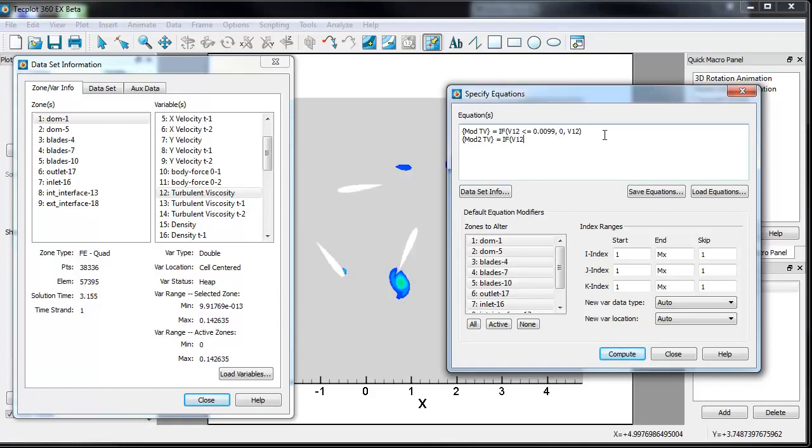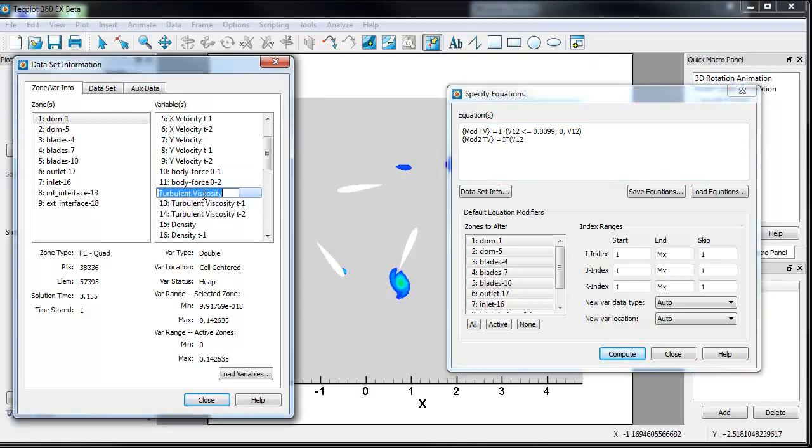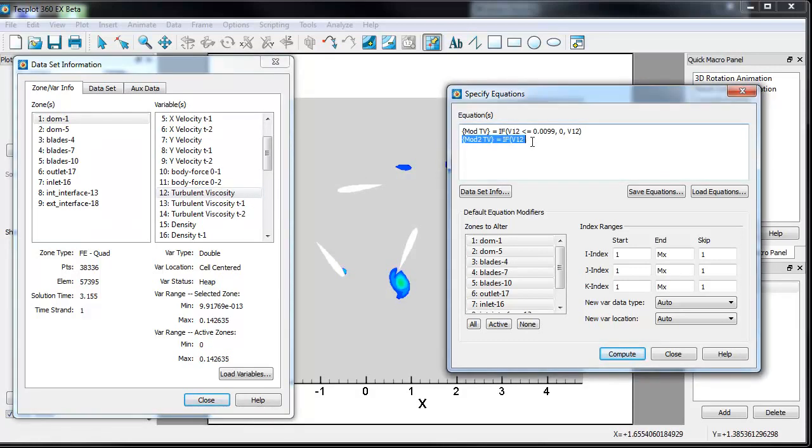So we'll say V12. And another thing that you can do is you can just copy. If you don't want to use the variable number, you can in fact use the variable name using the curly brackets around them. So you can say if turbulent viscosity